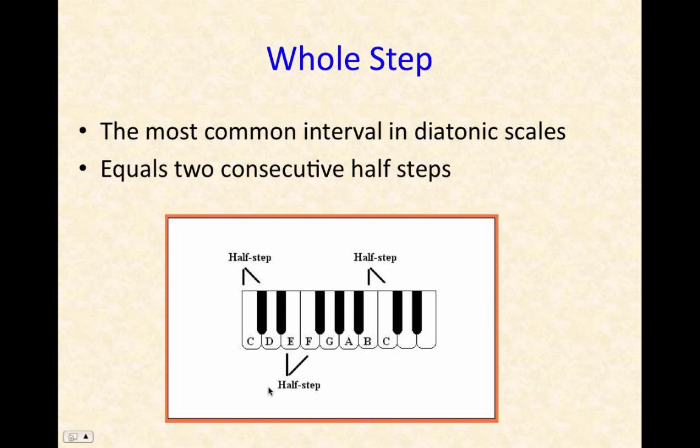Whole step is the most common interval in diatonic scales, meaning major and minor scales. The major scale is a 7-note scale. The eighth pitch repeats the first one. And the order of half and whole steps is identical for all 12 major scales. Often, if something is in a major key, that means it's going to sound happy or peaceful to our ears. So you can see between C and D, there are 2 half steps, and that equals 1 whole step. If there's one note between the D and the E, that means it's a whole step too. But the E and the F are a half step apart, and the B and the C also.